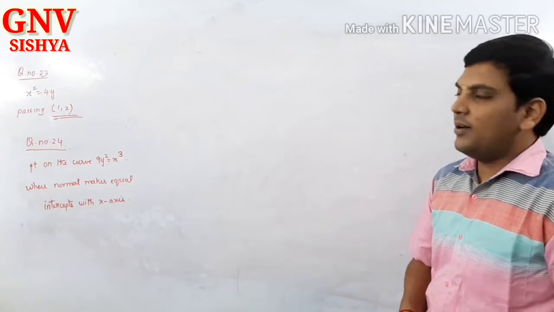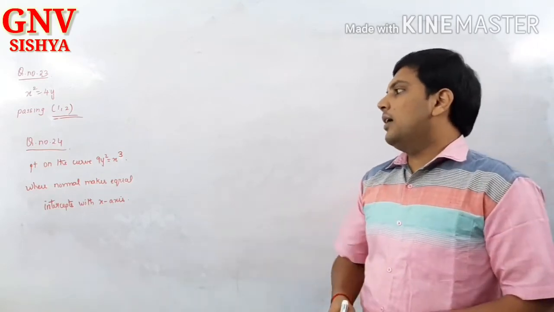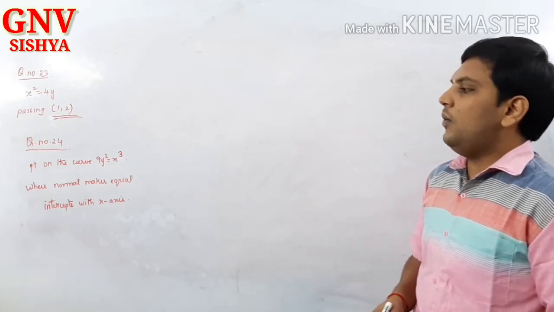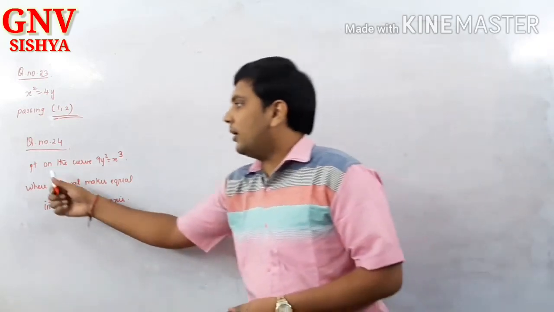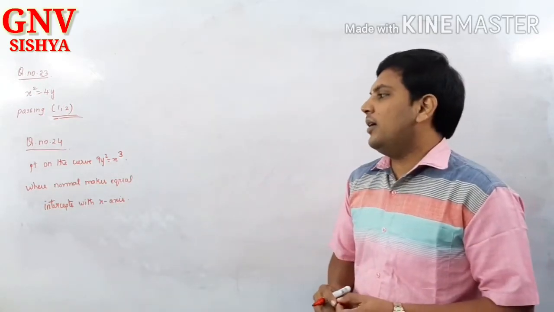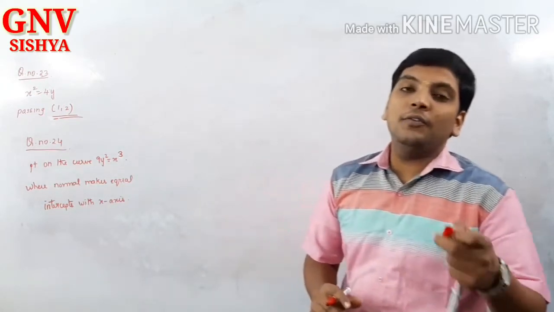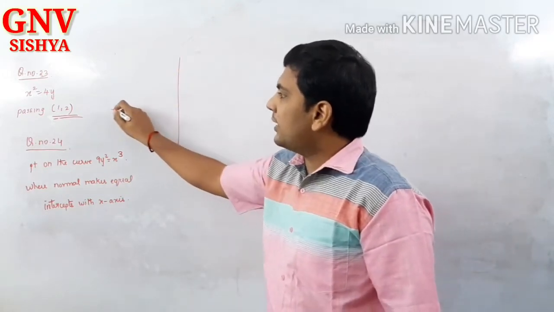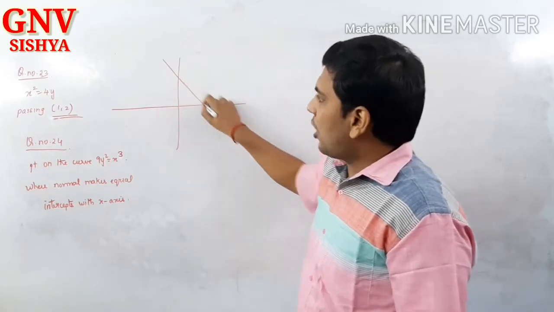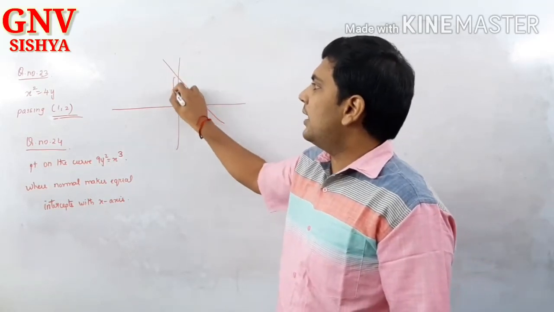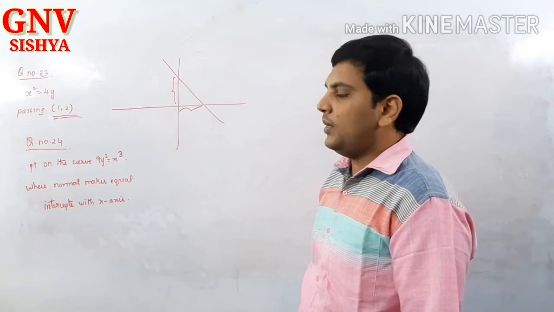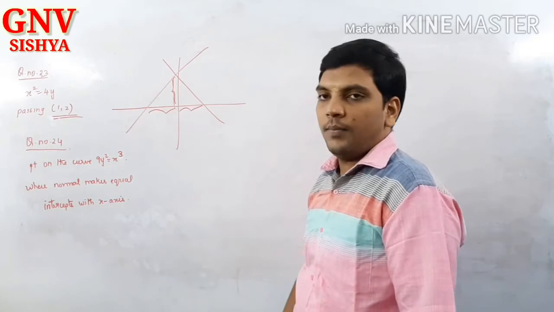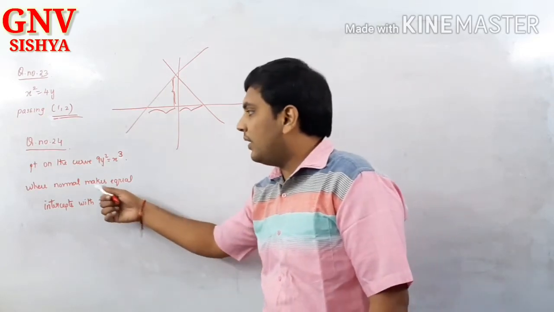Question number 24. Prove that the normal of the curve 9y square is equal to x cube makes equal intercepts. Sorry, the point on the normal of the curve 9y square equal to x cube makes equal intercepts, and we need to find the point, Kana. So what they are saying is, let me assume the x and y axes like this. Now this is the normal, which makes equal intercepts. That is, the length on the x axis and length on the y axis can be the same. Or else it can also be like this, the lengths on the x axis and y axis might be the same. So that is the condition they are giving, equal intercept.